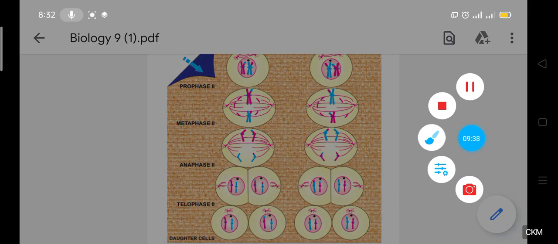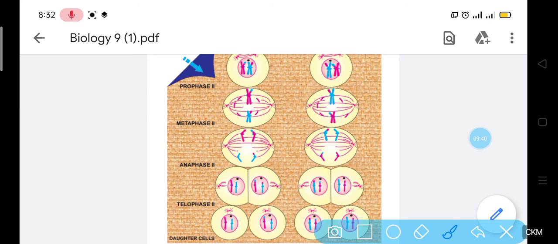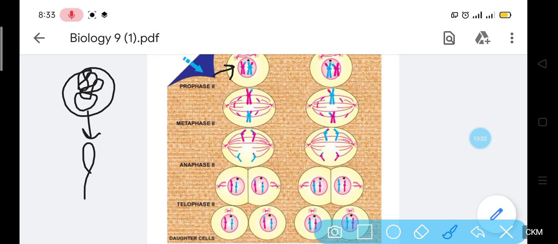So students, in this diagram, we are basically just going to go through what is happening. In prophase 2, what happens is totally similar to before: the nuclear membrane is going to degenerate, and after that the nucleolus, which is also going to disappear, and the chromatin, a thread-like structure, is going to convert itself into the condensed structure of the chromosomes. And you can see here that this is cell 1 and this is cell 2,